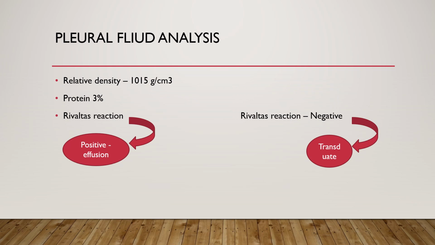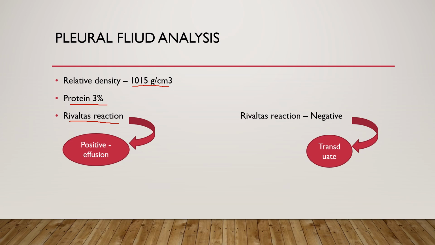This is a very easy analysis, very easy. You need to remember three values. The normal value of relative density is 1015 gram per centimeter cube, protein is 3%, and Rivalta's reaction. If the relative density is equal to 1015 or less than 1015, the protein is 3% or less than 3%,